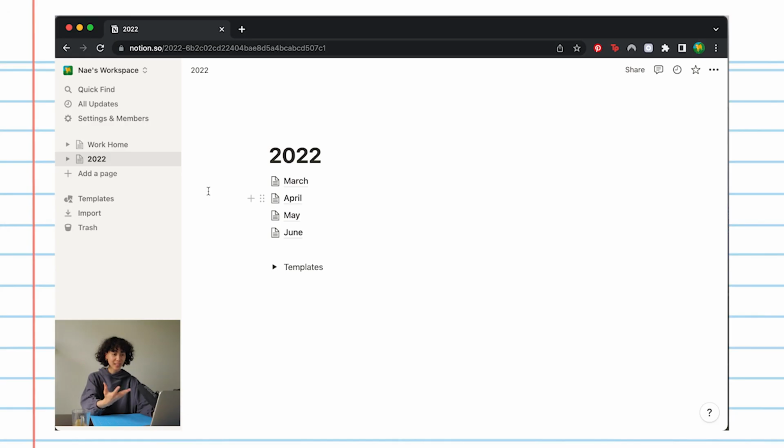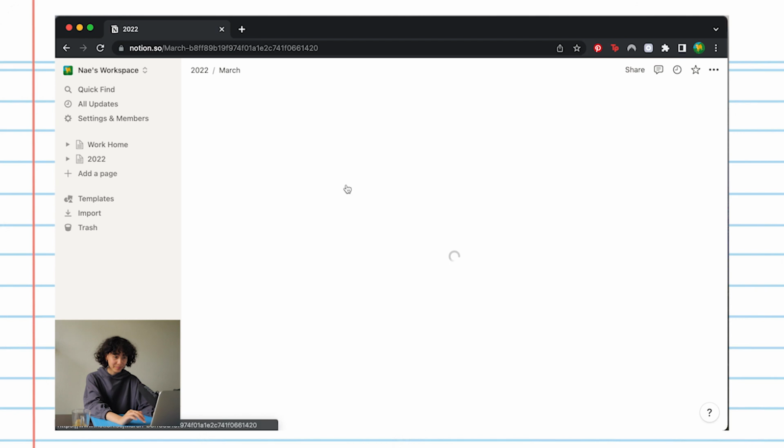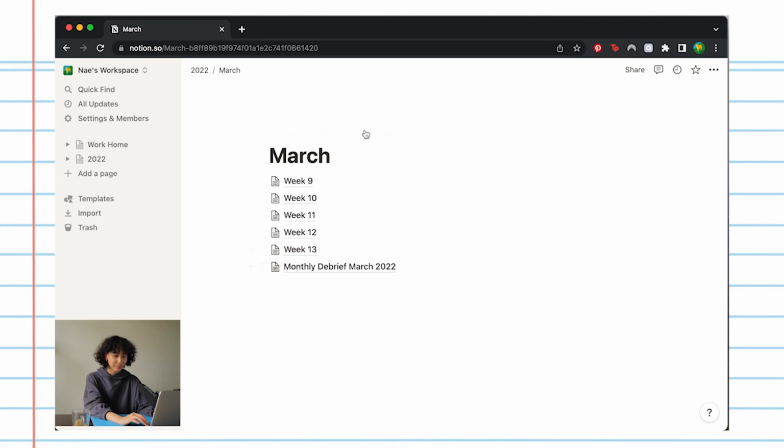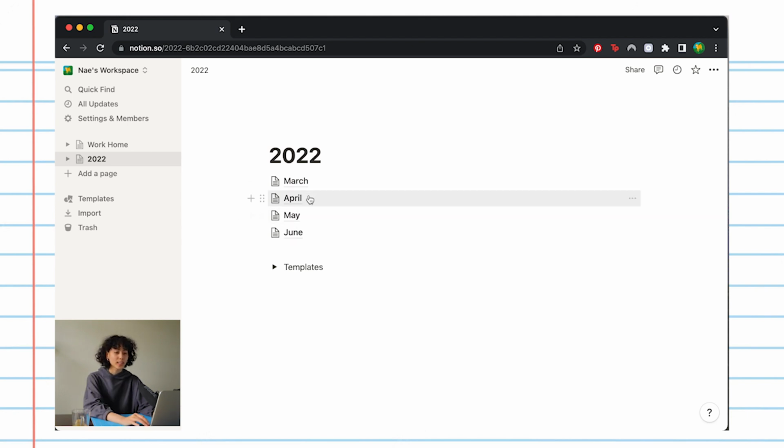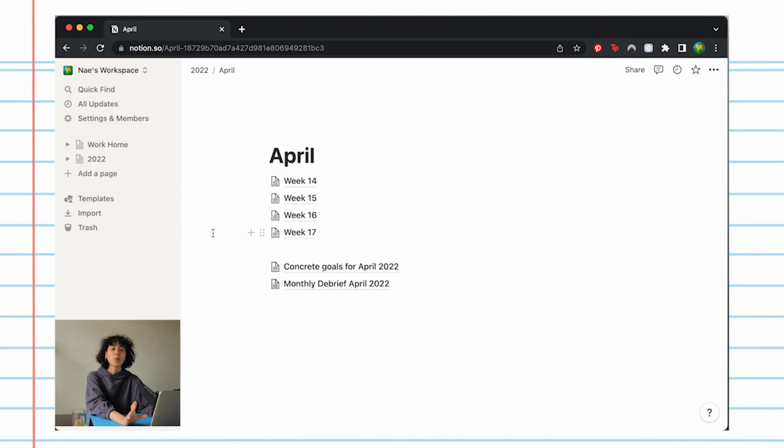First, I want to show you the part of my Notion that I probably use the most and interact with on a daily basis, and it's this. It is my year split into months, split into weeks. So if I click into here, I have my weeks. I started testing out this workflow in March when I saw Yusuf do it, and I was like, ooh, that makes so much sense to split it into weeks. So let's click in here, and I'm going to show you one of my weeks.